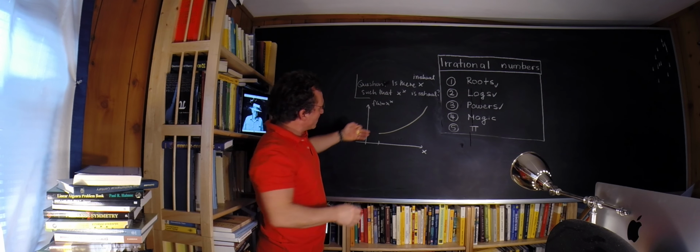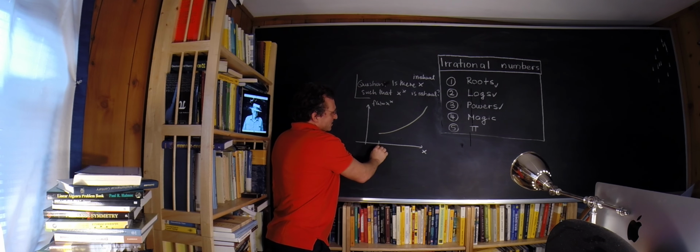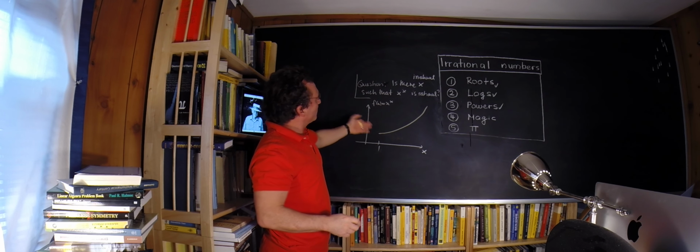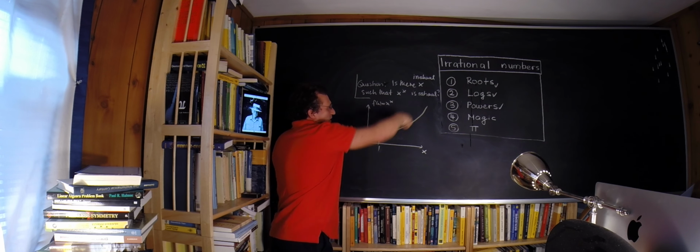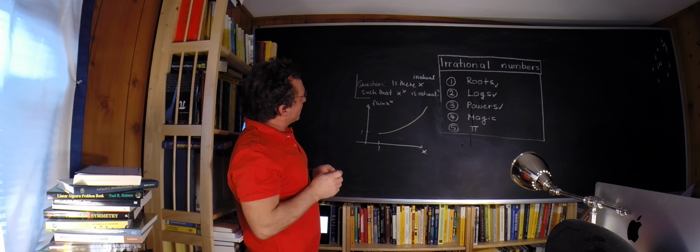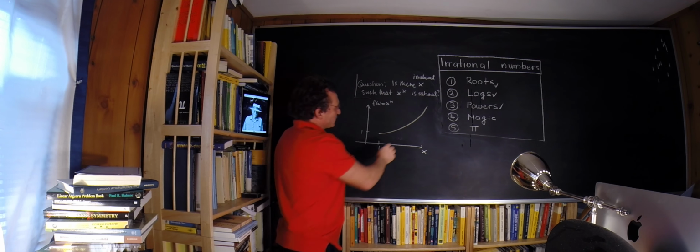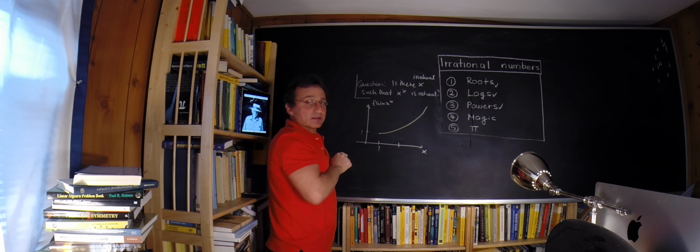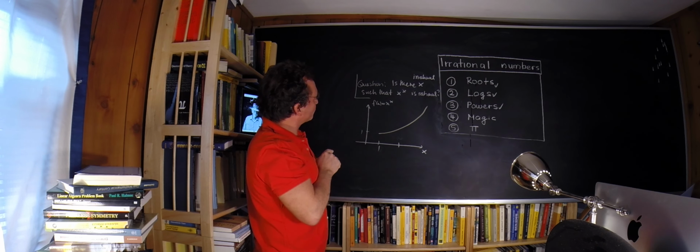It's monotone from some point on. I think 1 over e is the smallest. But let's assume we take it from 1, and then 1 to the 1 is 1. So it's a monotone function here. And the question is, we want to find an x here which is irrational such that this is rational.